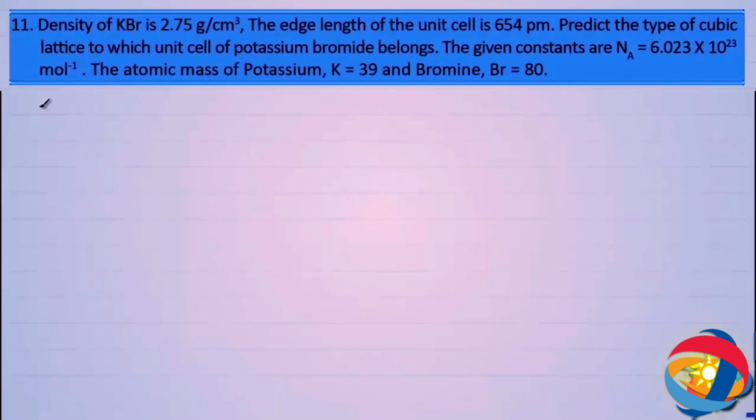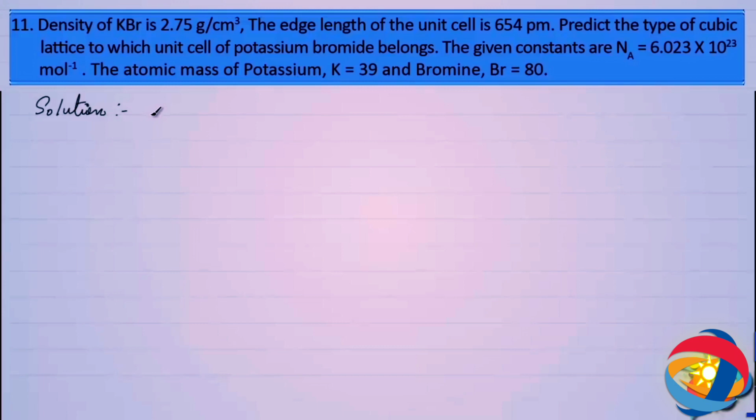The question is, density of KBr is 2.75 gram per centimeter cube. The edge length of the unit cell is 654 picometer. Predict the type of cubic lattice to which unit cell of potassium bromide belongs. The given constants are Na is equal to 6.02 into 10 to the power 23 per mole and the atomic mass of potassium as 39 and bromine as 80. The solution for the above question is,